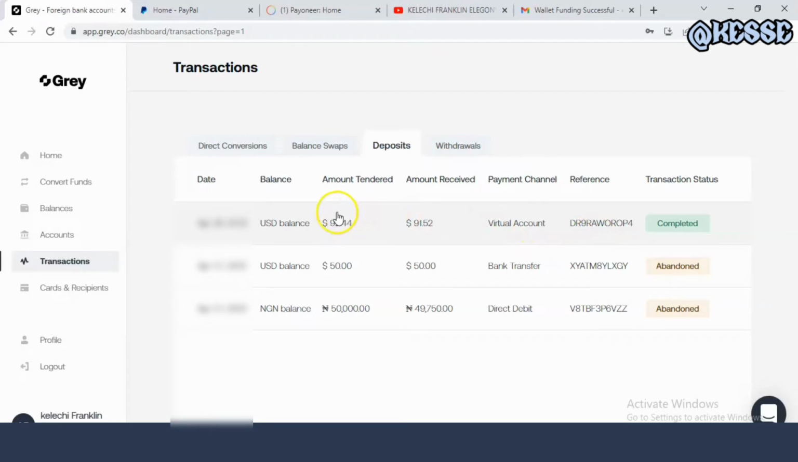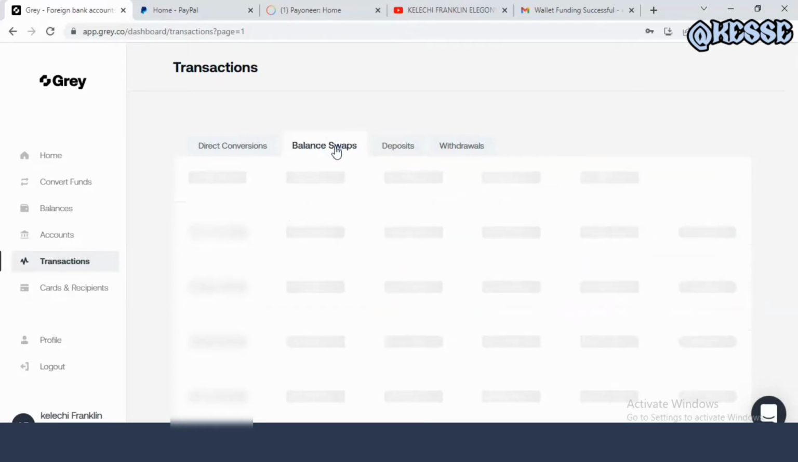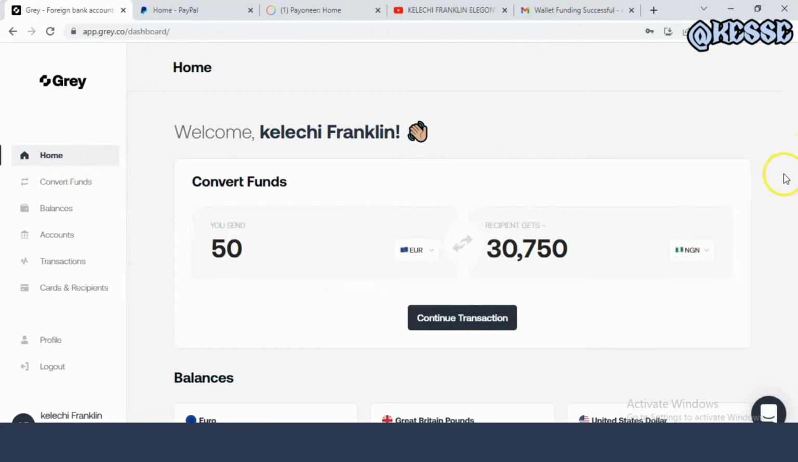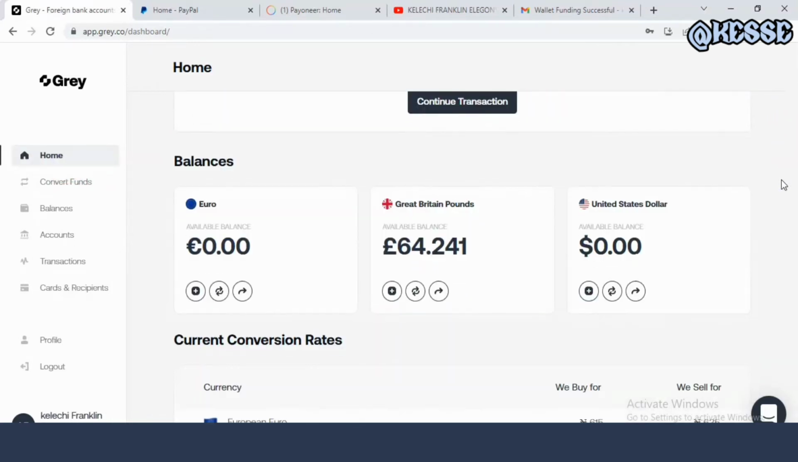All I did was swap my balance from USDT to Great Britain. From here it's not difficult. All you need to do is come to your home page. When you come to your home page, swapping is not difficult, whether it's Euro, Great Britain, or USD. Once you come to this swap section, you can swap whatever